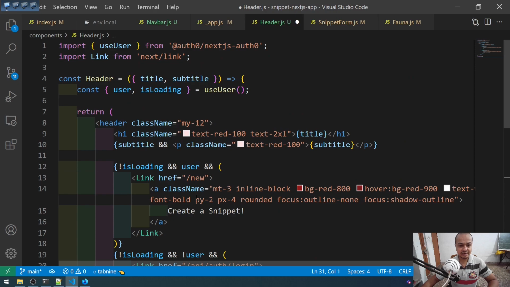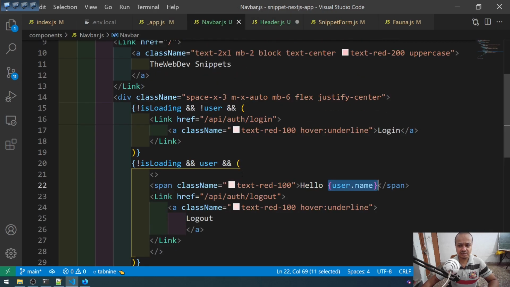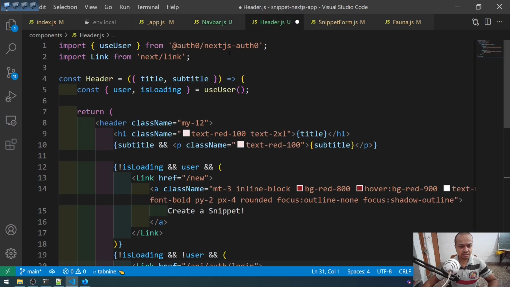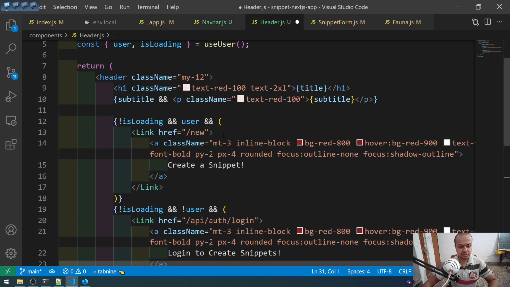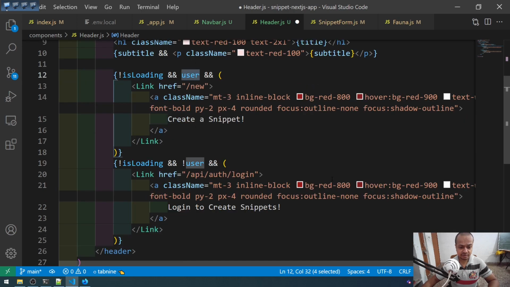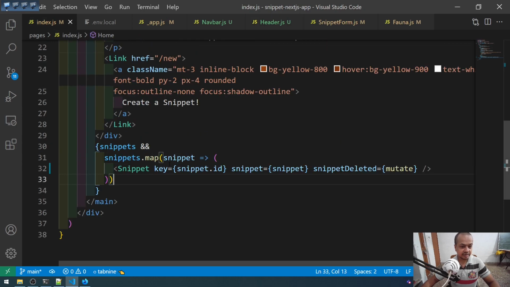Because they are not that difficult, for Next.js again I am using the same thing which I am using here. I am using useUser and loading. If it is not loading and user is there, then it will show create a snippet, and if it is not there, then I will show login to create a snippet. Let me save it, and then I will have to go to the index, not the app, because from there we have a create a snippet button. So let me go there,